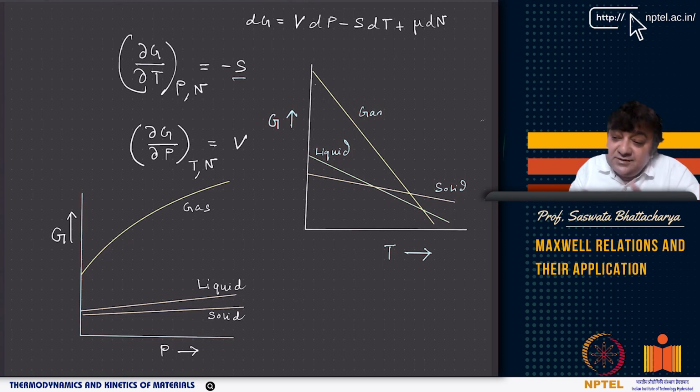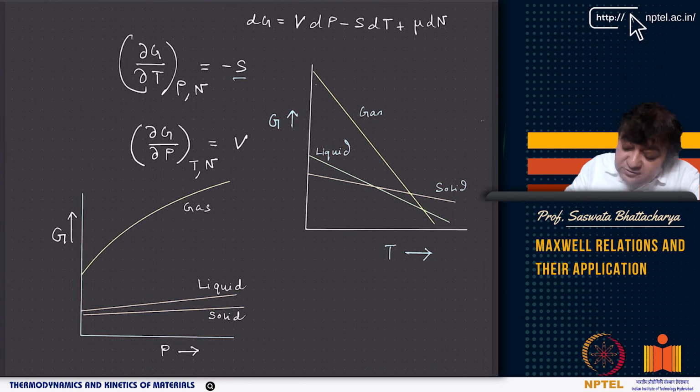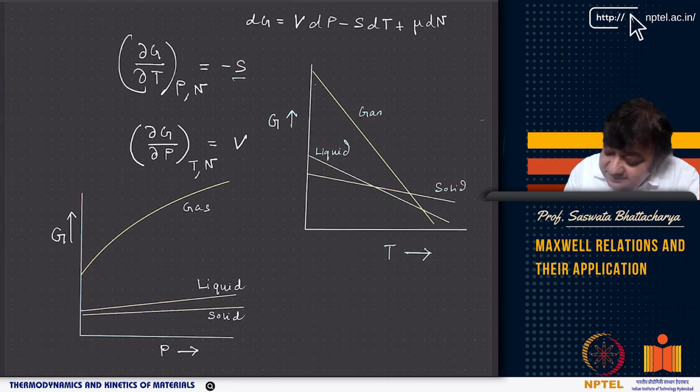And as you can see, as you increase temperature, the randomness basically increases. So temperature and entropy are conjugate variables. If you increase temperature, the entropy goes higher. So minus S tells me that gases will have free energies with a very steep slope of minus S. For liquids, it will not be as steep with temperature. For solids, there will be very little change in slope, meaning minus S, because S itself is small for solids compared to that of gases.